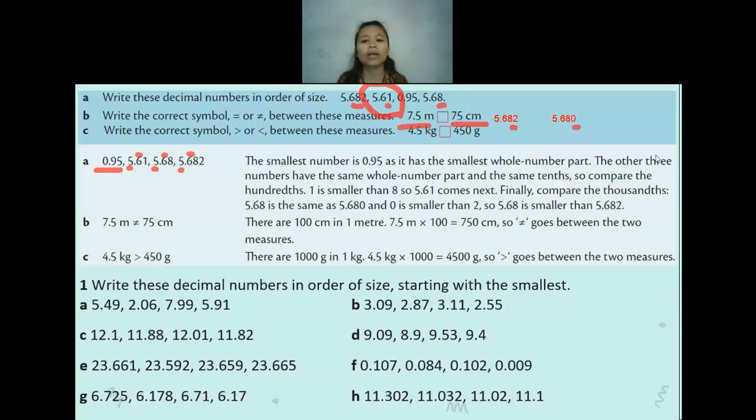So you can make them either into meters or into centimeters. Whichever one is more comfortable for you, you can pick. So in here, I will just change the meter into centimeter, because we know that 1 meter is equal to 100 centimeter. So for the 7.5 meter, it will be equal to,